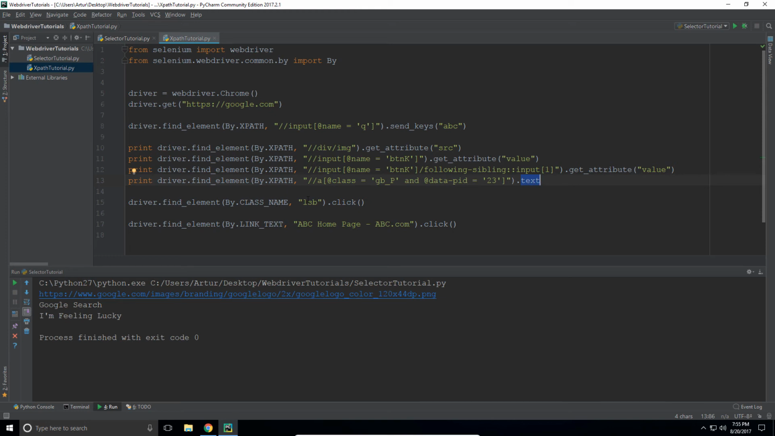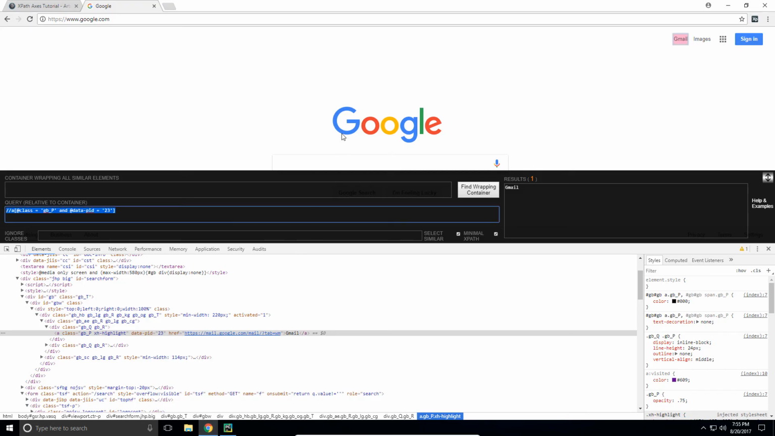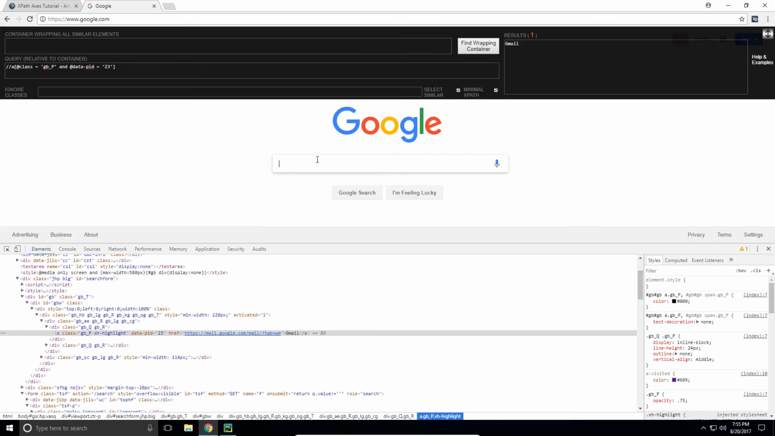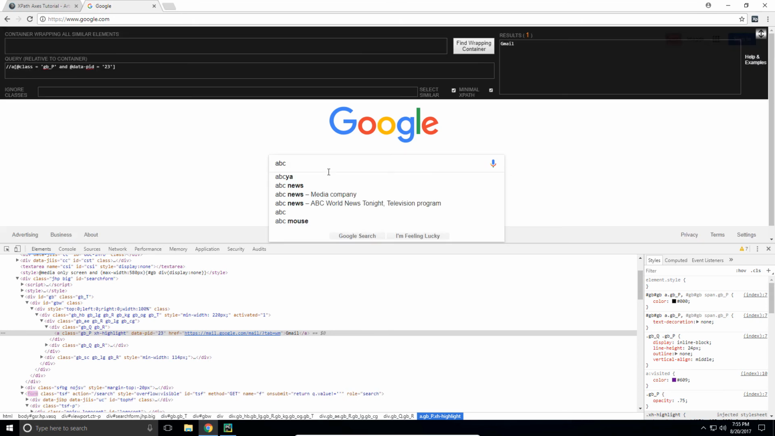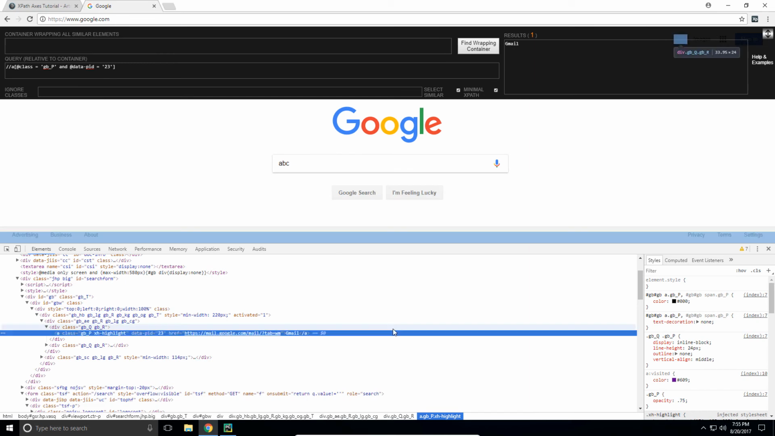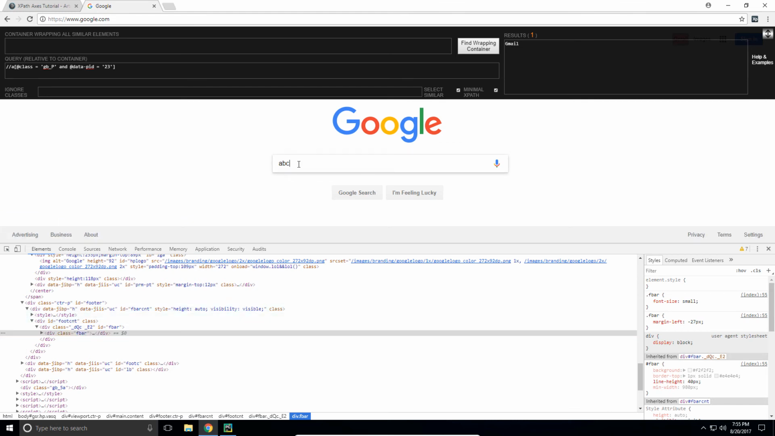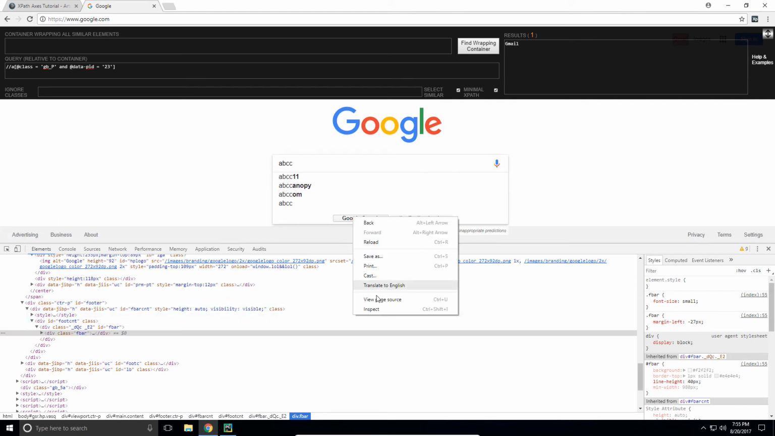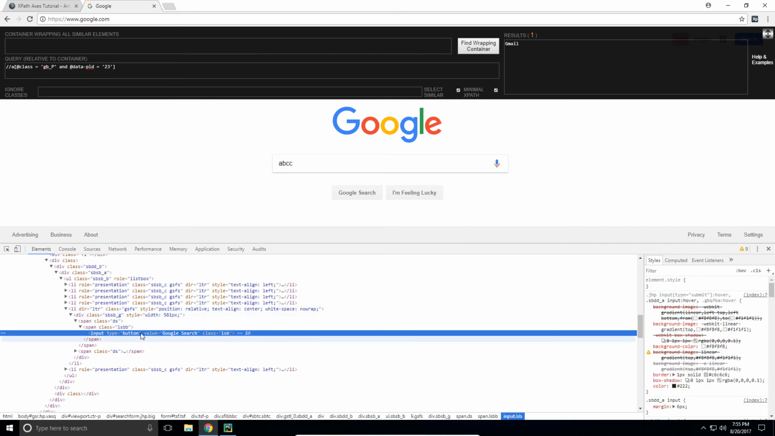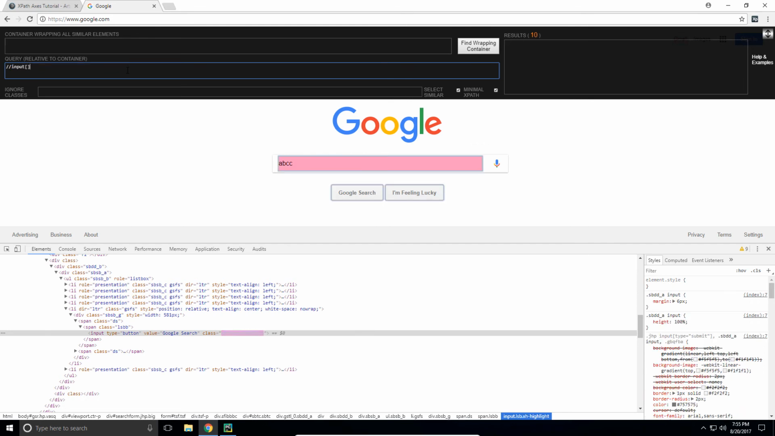Okay, now we have this button, and this is the button. So we type ABC, and this is the button that we need to click next. Where are you? Okay, so this is going to be input, and